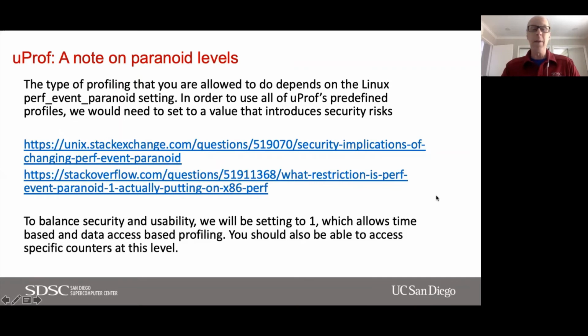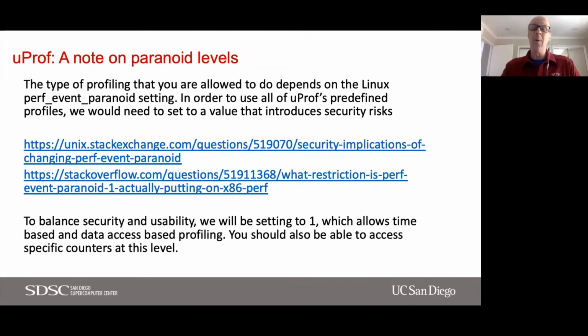So I talked to our systems group about this, and we found that a good balance between security and usability was to set the perf event paranoid level to 1. And that's going to allow you to do time-based and data access-based profiling.